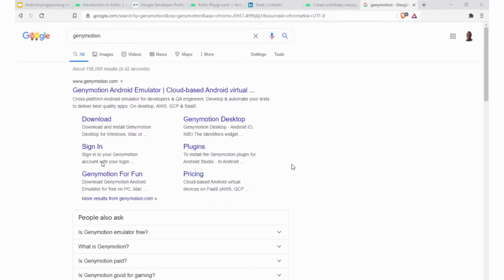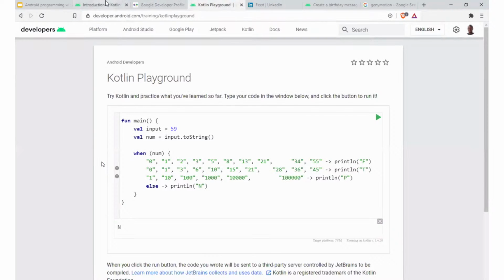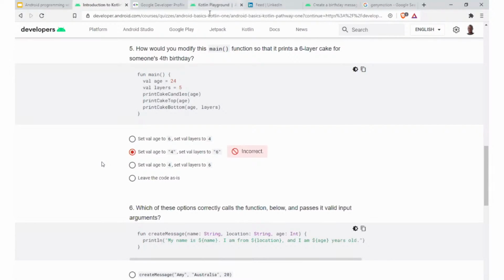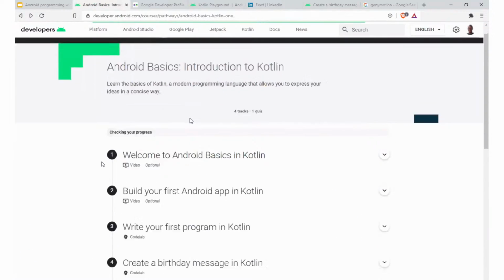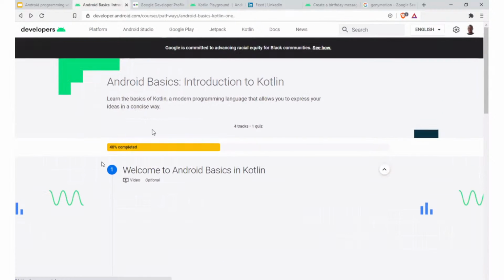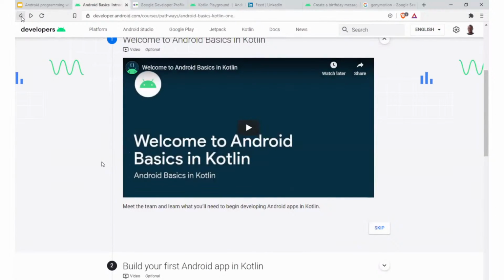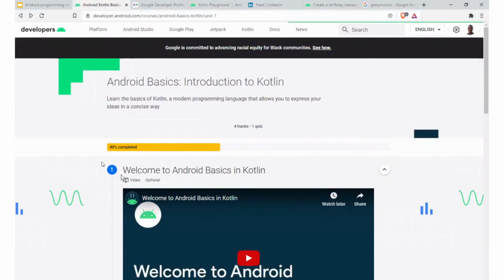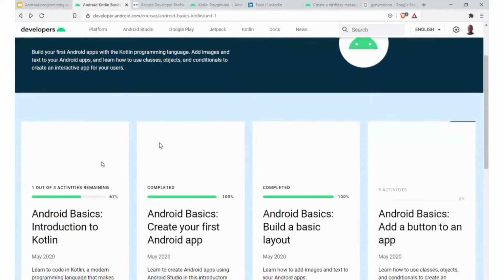Yes, Nimasha, it's very important. That's why I introduced the learning platform. It's very important to install Android Studio. If you follow, sorry, let me go back so that you guys can see. If you follow these pathways,